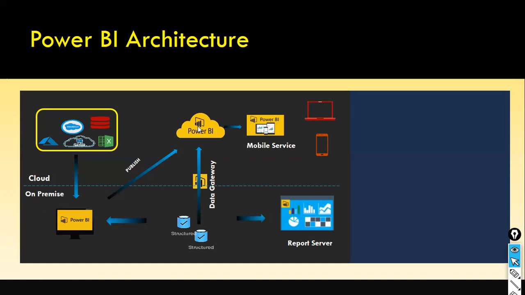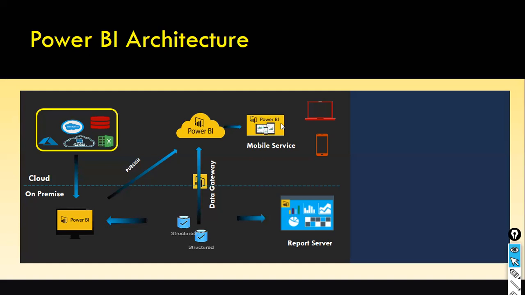Once you publish it on cloud, people across the globe within your enterprise can access the report published by you using any device, from anywhere, at any time. That is the advantage of cloud. If you publish anything on cloud, it can be accessed by people within your organization across the globe. But those people must have access, and then they can view it irrespective of the time zone. So the next one is the mobile service.